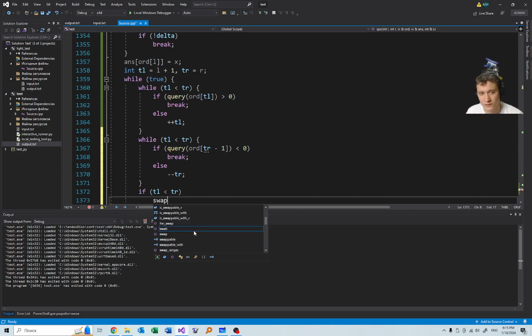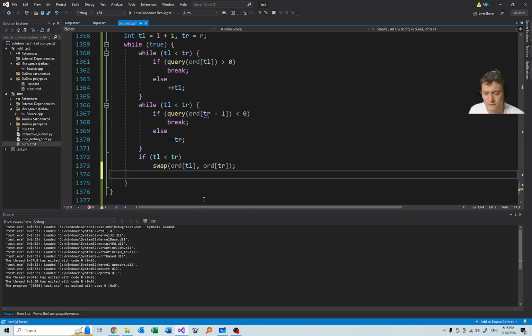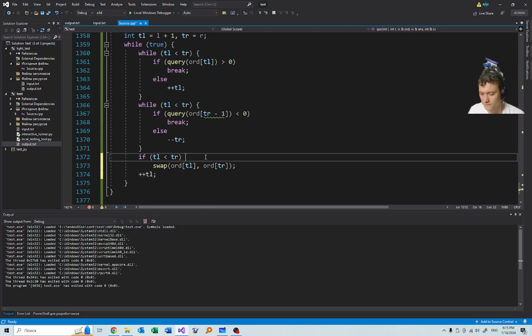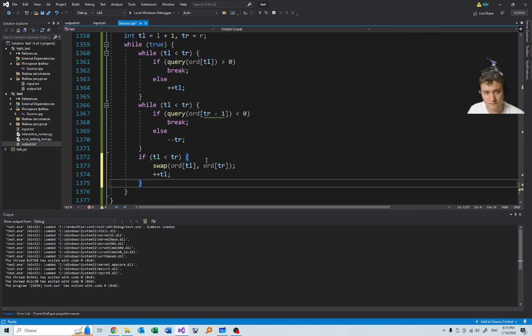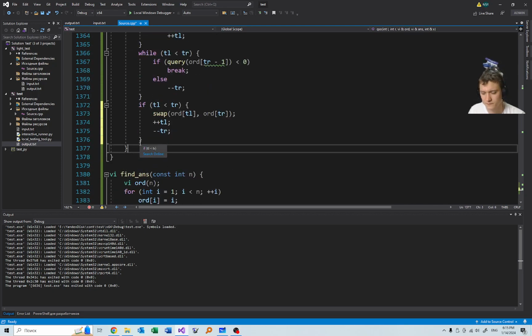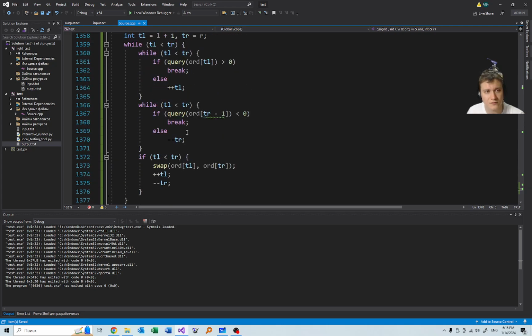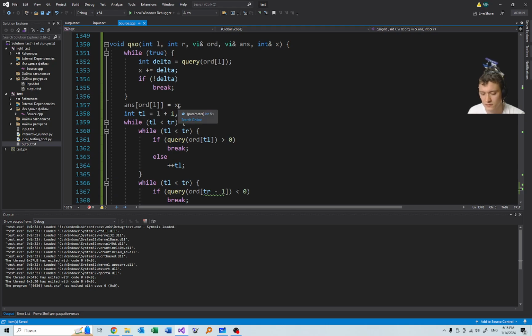Then we need to swap ord TL and ord TR. After that, we actually need to increase TL and decrease TR. At some moment we broke. This means that we found the division. So now we need to run